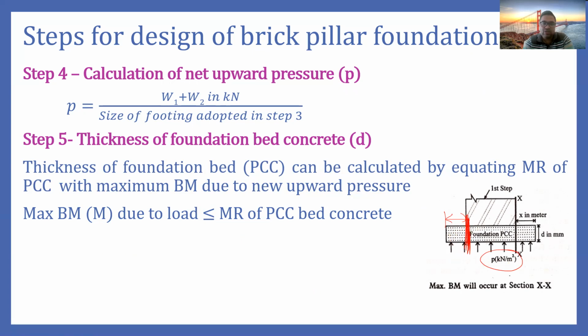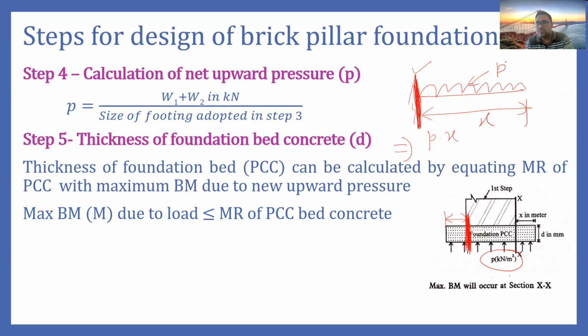So the maximum bending moment in case of cantilever, or if I make it like this, say this is the net upward pressure and this is the fixed part, and say this is the value x. So I have to find out the maximum bending moment. Maximum bending moment will occur here because my PCC will break from here. So in this case, the maximum bending moment will be at this point and it will be equivalent to P into